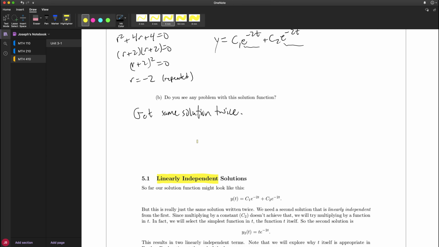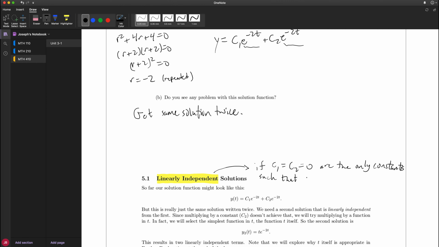And so when the roots are distinct, that linear independence comes for free. But when the roots are not distinct, like this last example, we kind of have to do something a little bit different. So here's what linear independence means. And if you had linear algebra, this might sound familiar to you. But two, let's say, functions are linearly independent if c1 equals c2 equals 0 are the only constants such that,